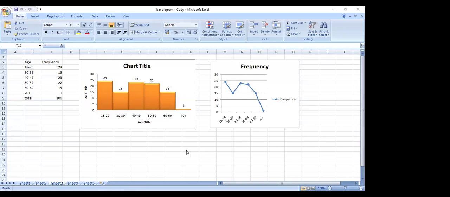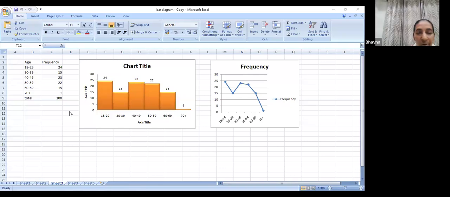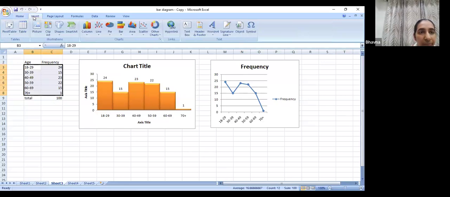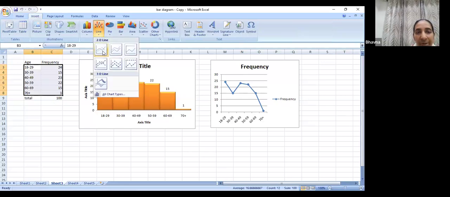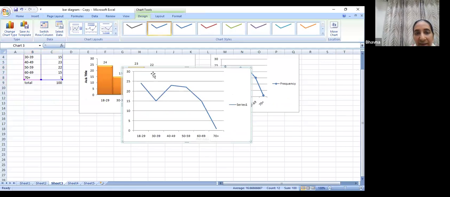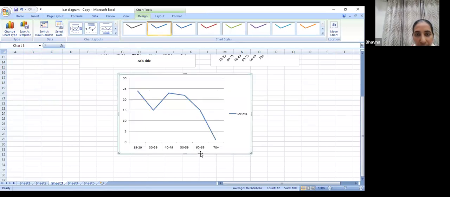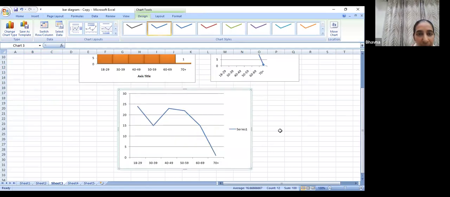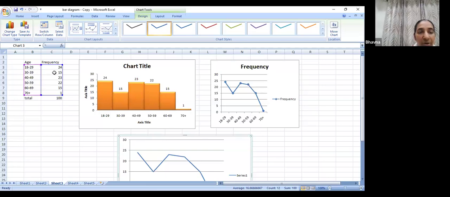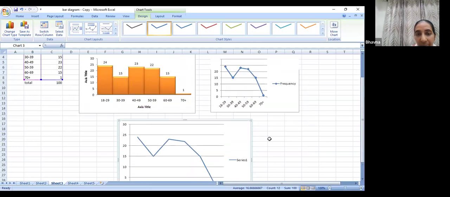Okay, now what we are going to do is we are going to draw a frequency polygon here or a line diagram. Okay, we'll take the same set of data. We will select this data, right? And we will go to insert. We will go to line and look, we have different types of line diagrams here. So you can draw a line diagram here. This is the line diagram for your data. See? This is the line diagram, okay? Same example that we talked about, the ages of smartphone users in US, there were 100 people and age groups with frequency, okay? So this is your line diagram, okay?